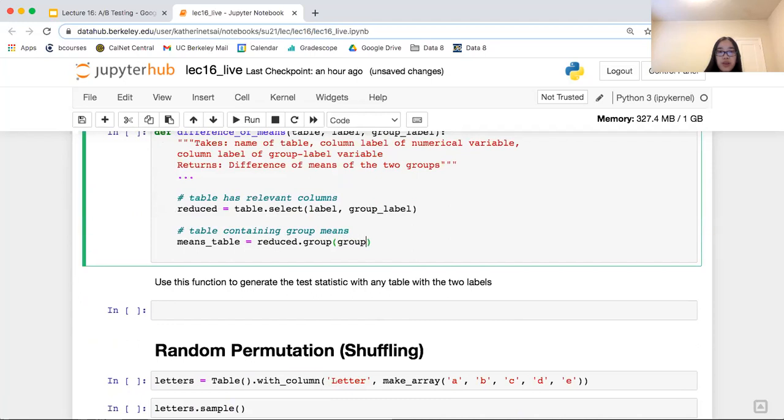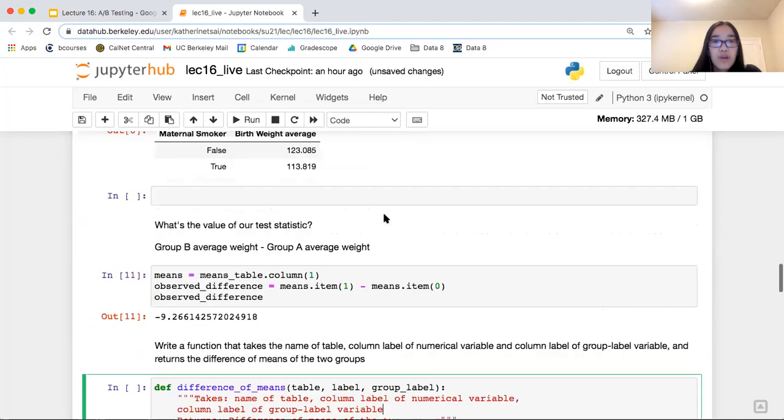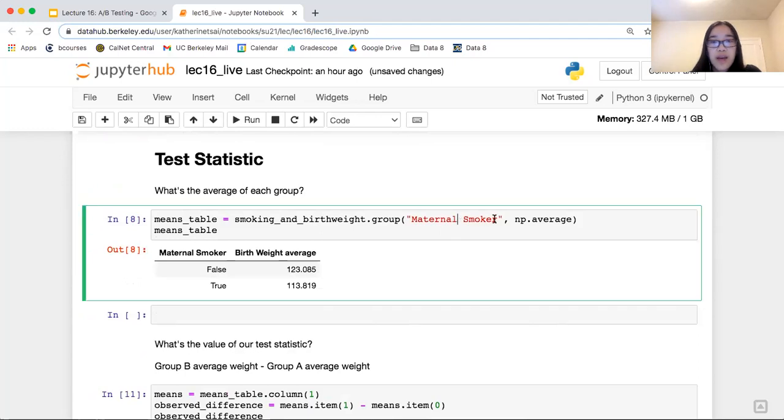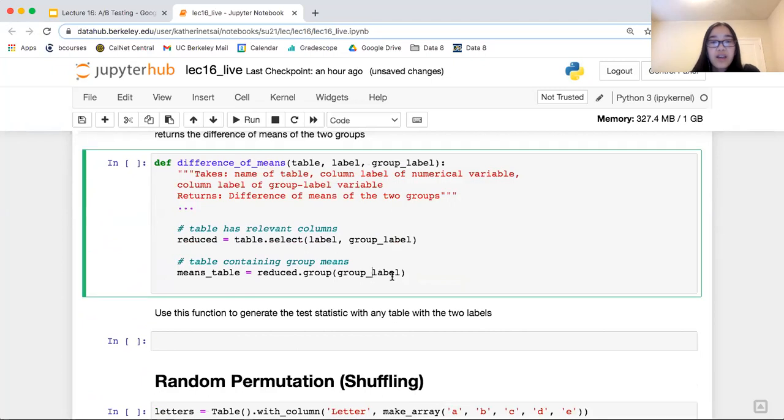We want to do it by the group label. Remember, in this case, group label is just a variable that we're going to be inputting. And we know that in this case, what we grouped by is maternal smoker. So we're just going to follow that pattern again and say we're going to group by that group label. And then we're doing np.average.